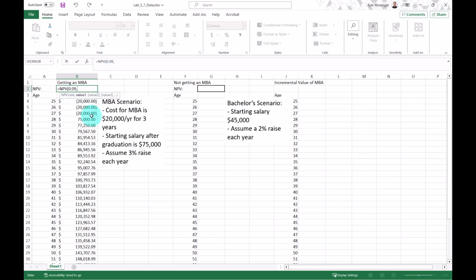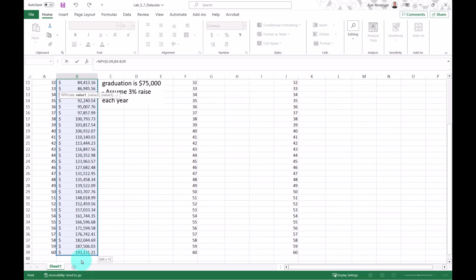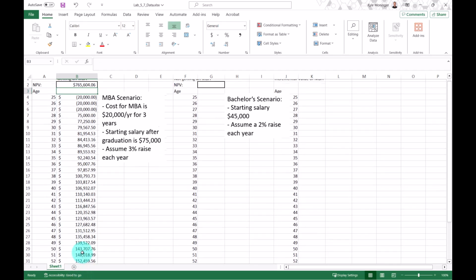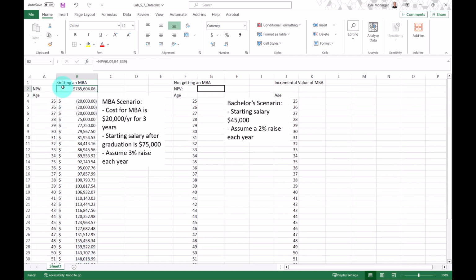Next, we enter the values that we want to discount to today's money. We'll select the entire column of future cash flows. So the value of getting an MBA in today's money is $765,604.06. Let's do the same thing for the other scenario, where instead of getting an MBA, we get a job